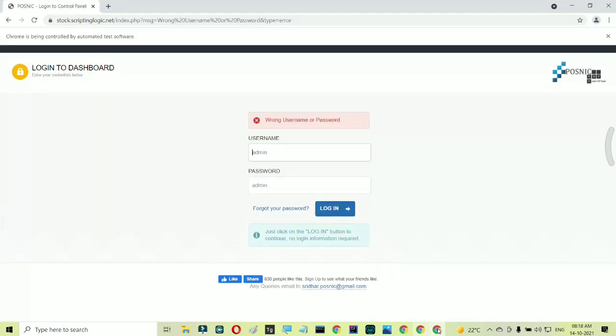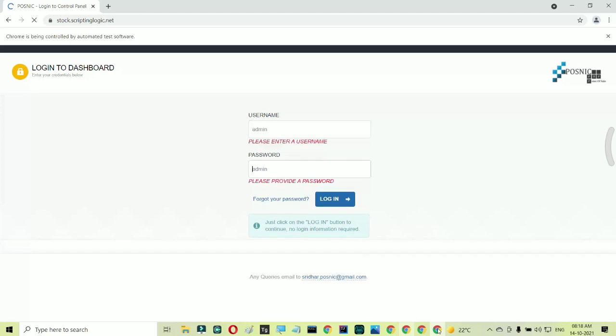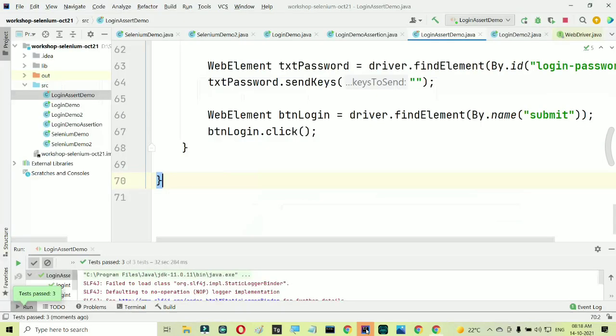Okay, so this is the second test, wrong username and password, and now the third one is blank username and password. Fine. So in this way we have executed the 3 scenarios here using JUnit.